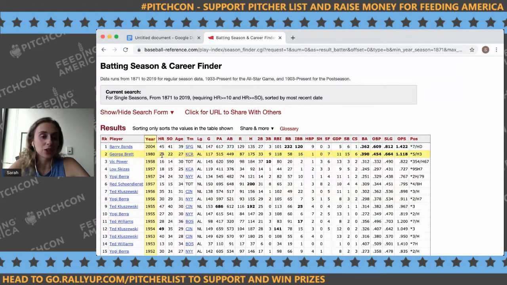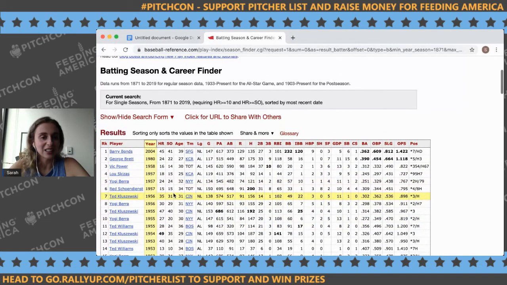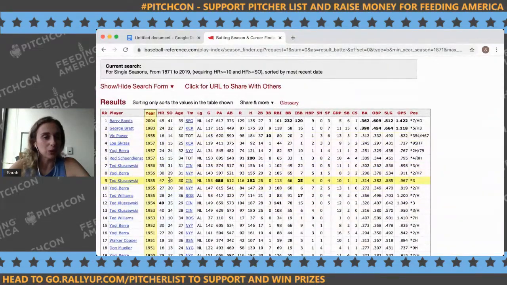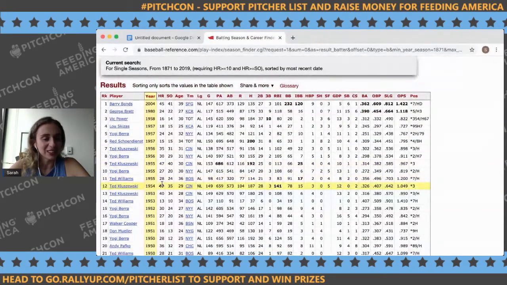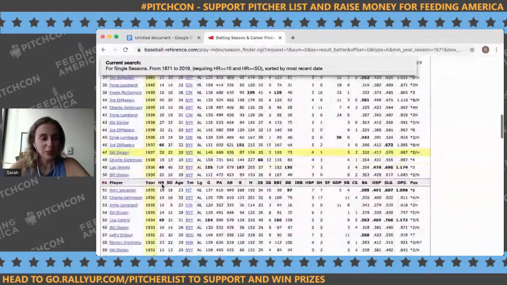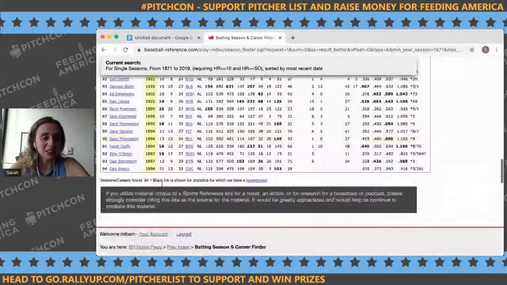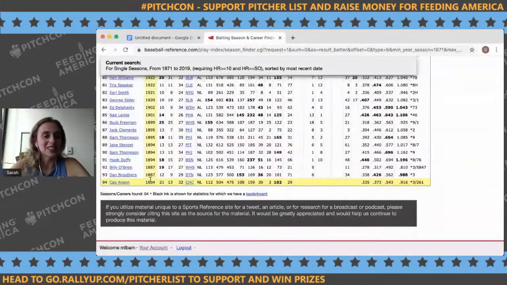I said in the divisional era, you could say in the expansion era, either of those are in the 60s. You can see that this was a little more common prior to that. But these are also mostly lower home run totals, although not here. But for the most part, you see that. And we can also scroll all the way down if we're curious the first time it happened in this database, obviously. And here's Cap Anson, who is someone I figured would be on this list in the pre-modern era before